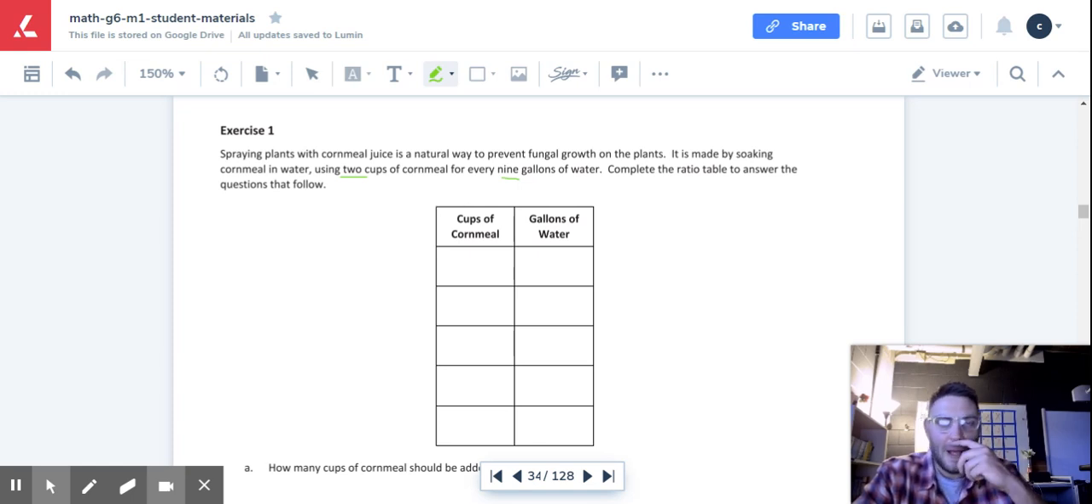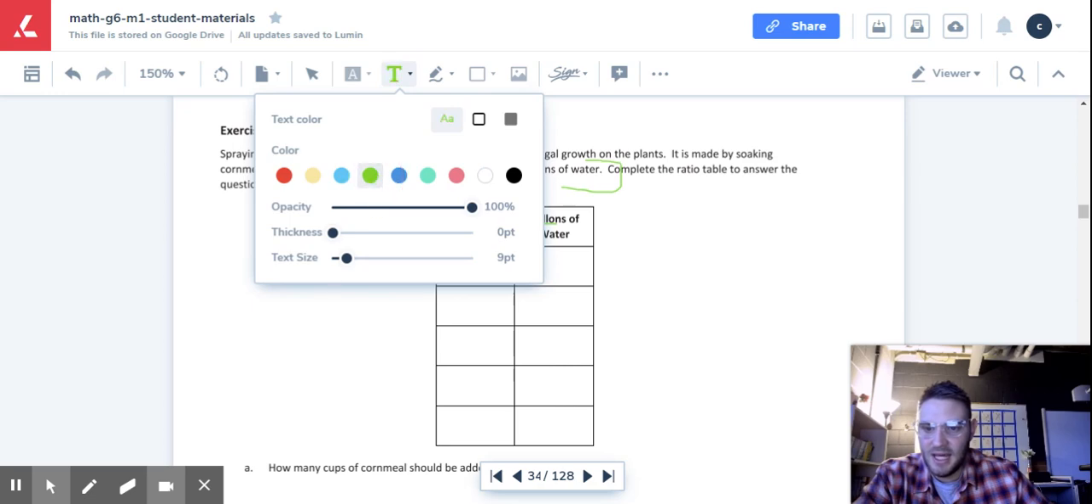Now, those are very different. A cup and a gallon are different units, but it looks like our table's looking at cups and gallons. So I can look just at my units and figure that out, or we can look at the subject, which is cornmeal and water. Okay, complete the ratio table and then answer the questions. So, number of cups of cornmeal. Let's go ahead and say that